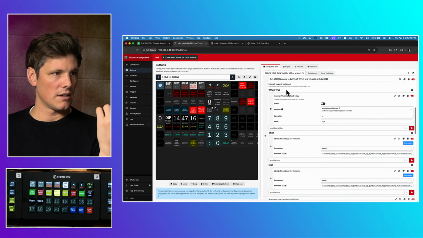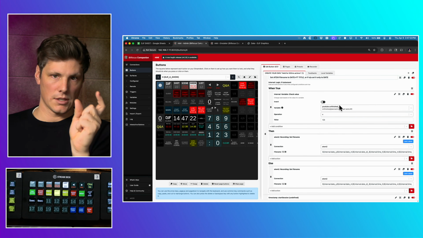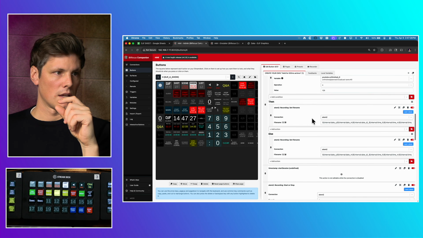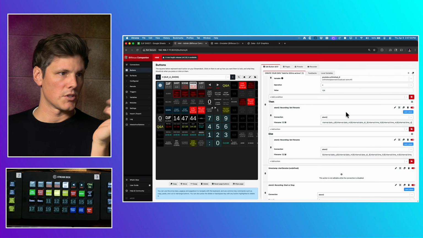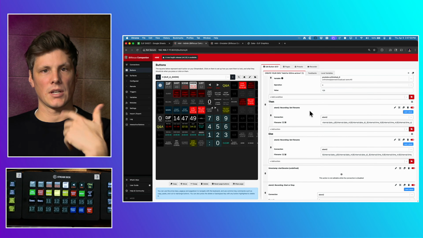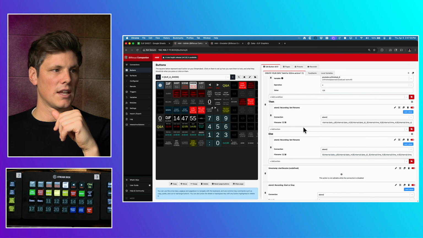So what I'm saying here is, if it's true that the YouTube show 0, index 0, the first one in there, is NA, not available, then set the file name recording of ATEM2 to, and then this is pulling internal date and time. So if it's not available, just put in the internal date and time. Whereas if it's not NA, meaning it's functional and I'm getting that variable through, then you can set